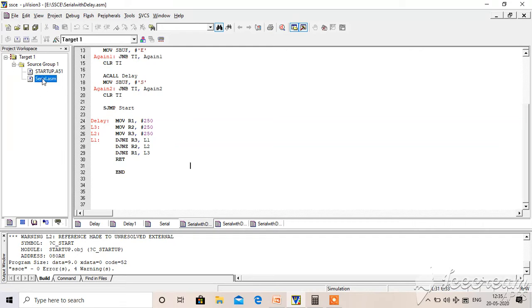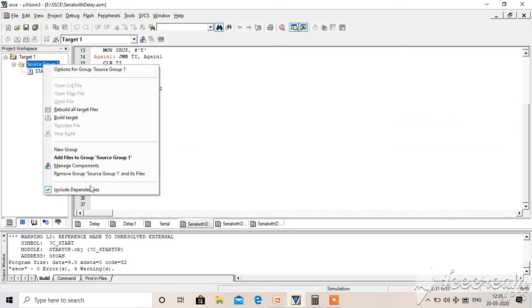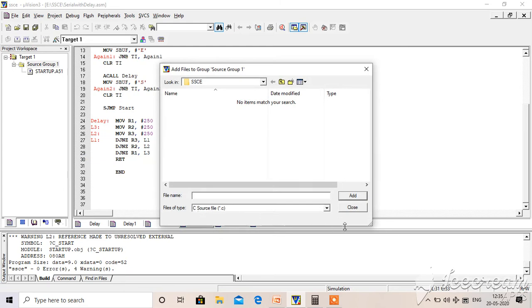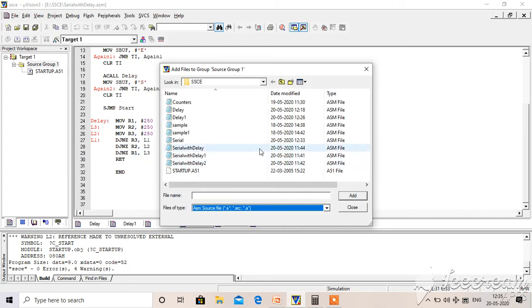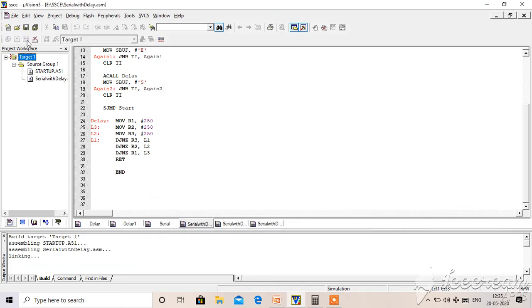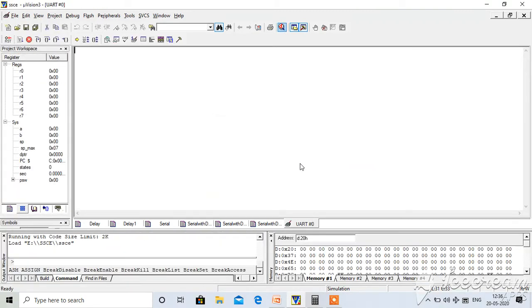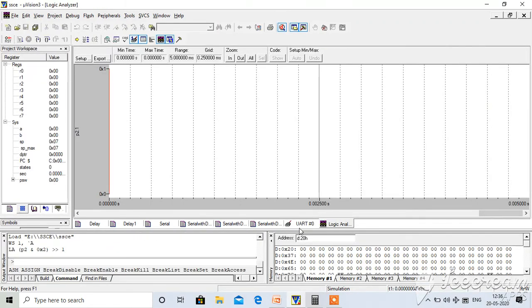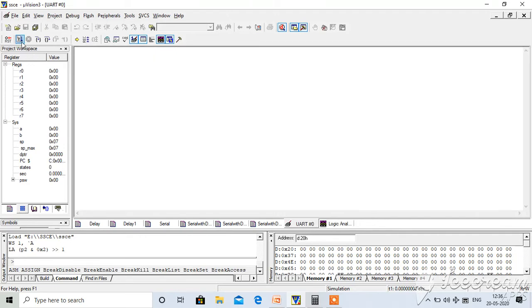Now we'll see how this executes. The previous one is removed and add this. It is named as serial with delay. Same procedure: target, debug. Here this is the window. Say run.